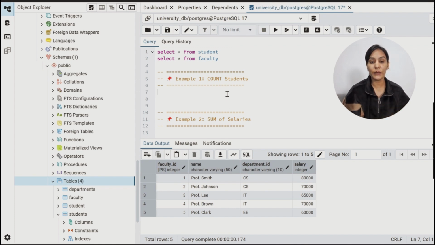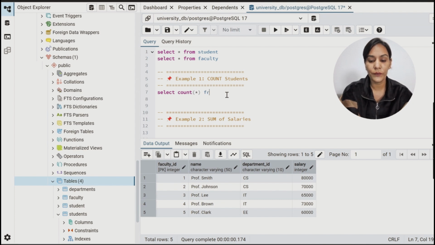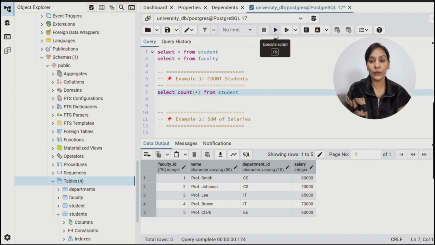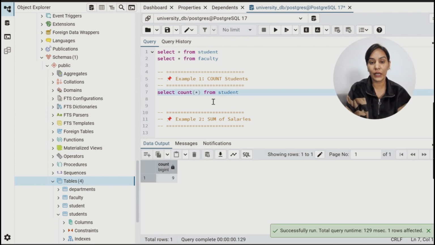We require some mathematical values in our table. Okay. So in case of a count, we want to count only how many rows are in our table. We can use the select statement with the count function. If we want to check every value, then put an asterisk symbol, from student. So it will return how many rows, how many records, are in our table.